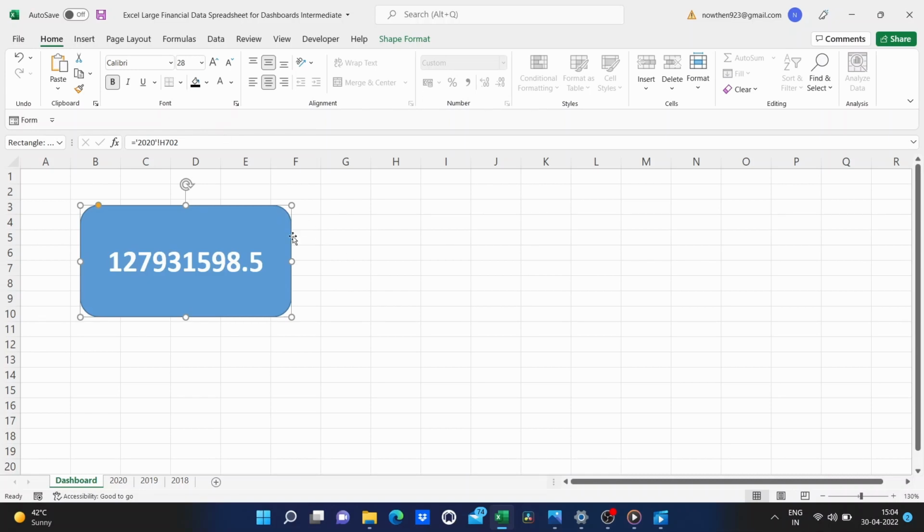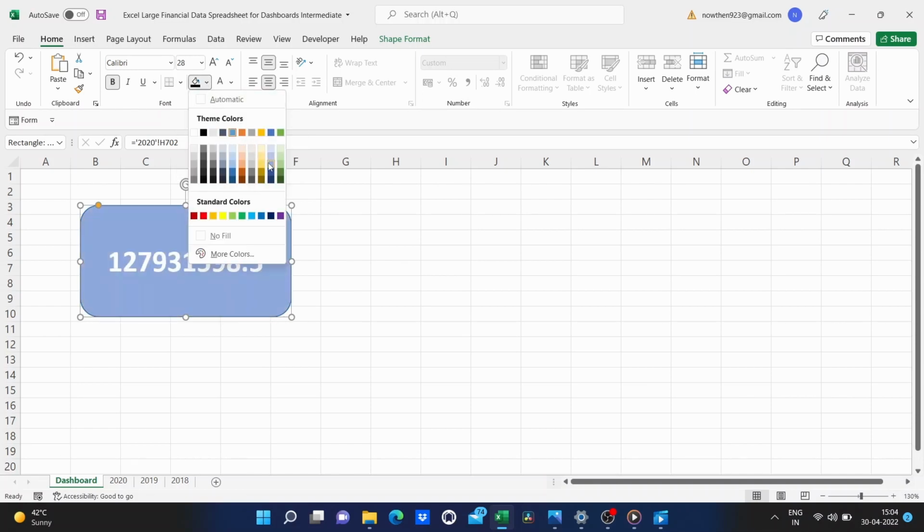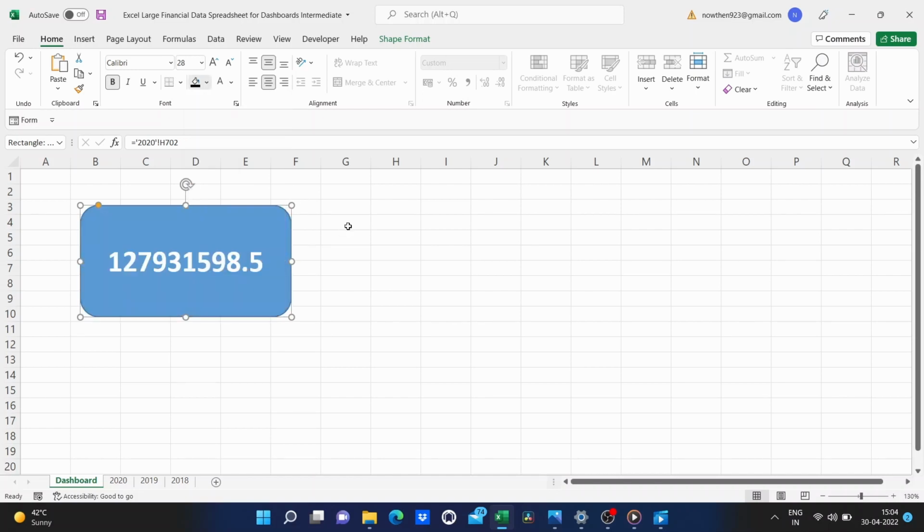You can also change the shape background color or fill color. So, play with the font and shape fill colors to find what looks best for you. Now, you might be thinking that that's all just cosmetic, it doesn't matter that much, and you might be right, but really, that's the whole point of dashboards, to make it look nice, to make it look attractive and easy for people to access and read the information that they're looking for. Alright, so now I got this shape and it's linked to the data on the spreadsheet.